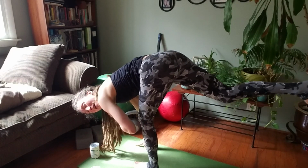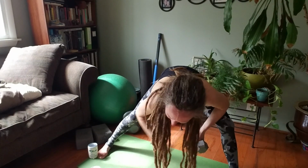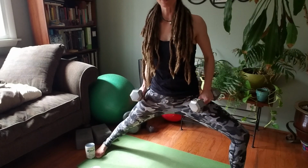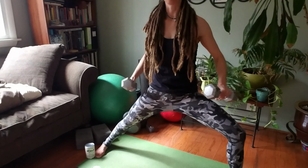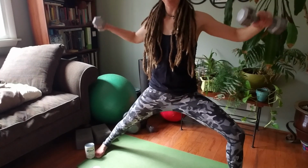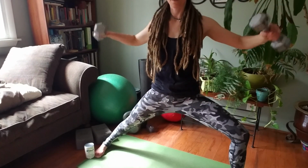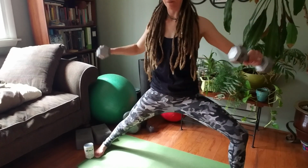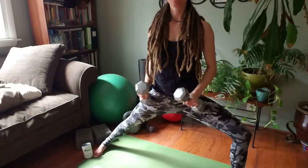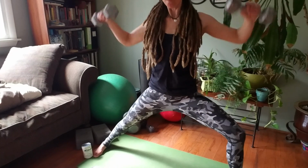Okay, lightly step back, and I'm going to switch sides so I can still face you. Lightly step back to your Warrior Two and grab your props. Lateral raises for 10. Shoulders square over the hips. Exhale. Inhale. Exhale. Inhale. After your 10th one, props down,